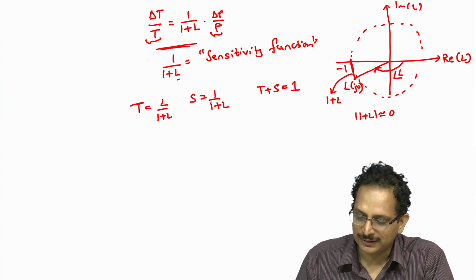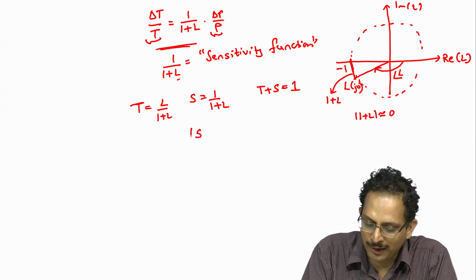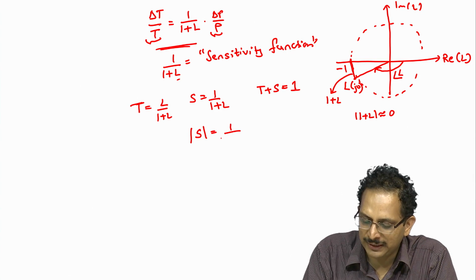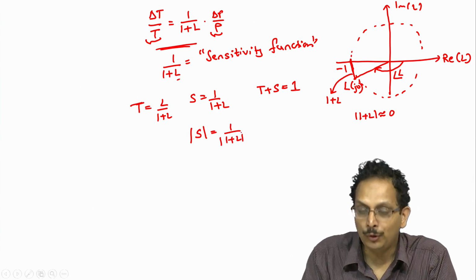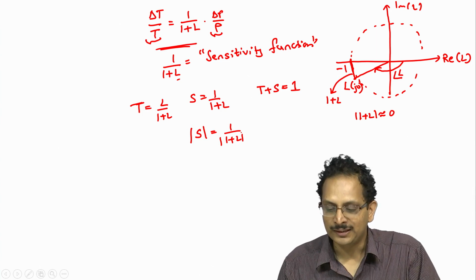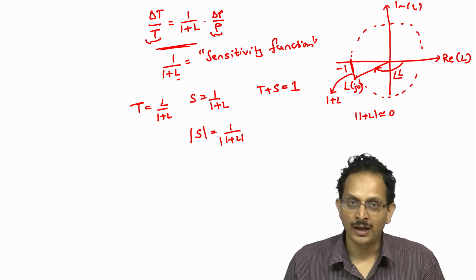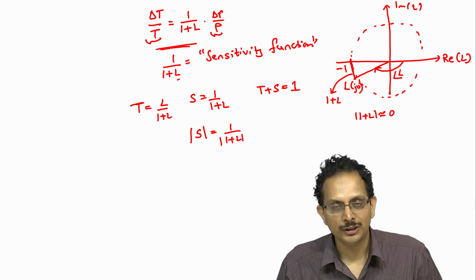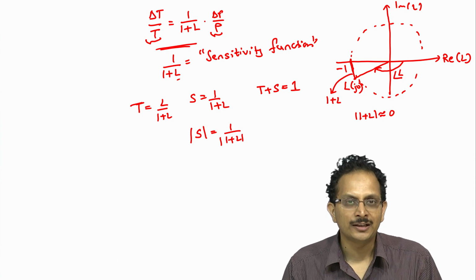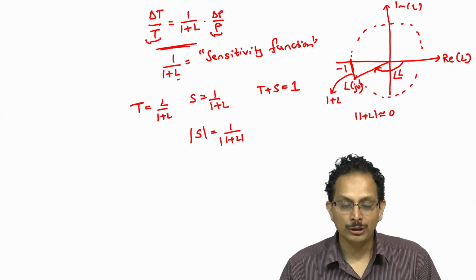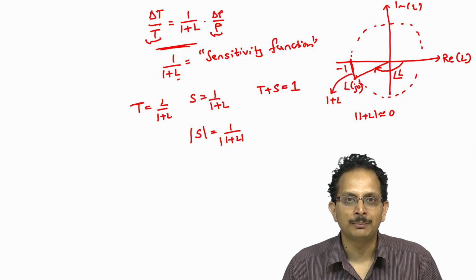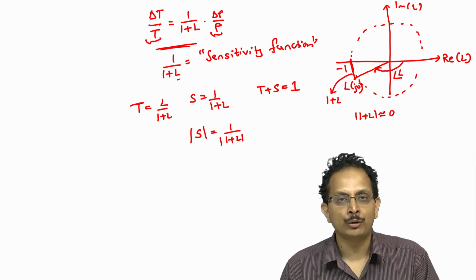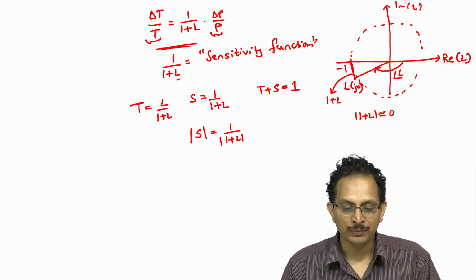It implies then that the magnitude of the sensitivity function near the gain crossover frequency, which is going to be equal to 1 by the magnitude of 1 plus L, is going to be a number greater than 1 near the gain crossover frequency. And what does that imply given the definition of a sensitivity function? What that implies then is that our closed loop system is actually more sensitive to variation in plant parameters in this frequency range, in the frequency range where the magnitude of 1 plus L is less than unity, than the